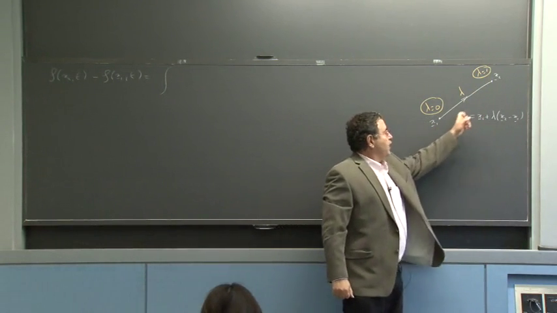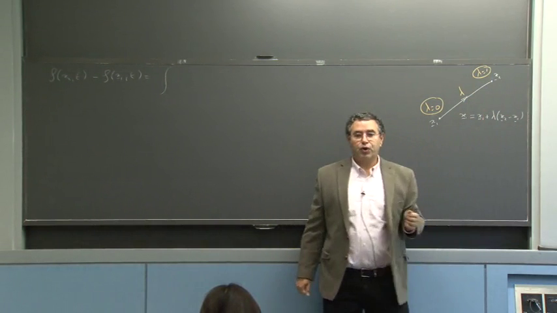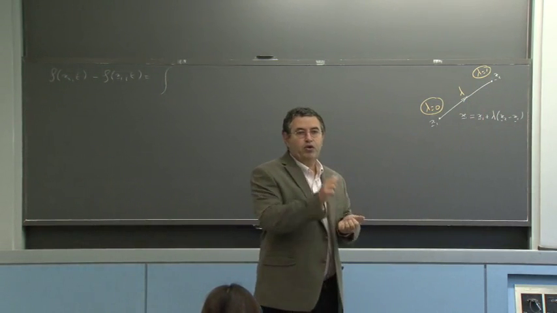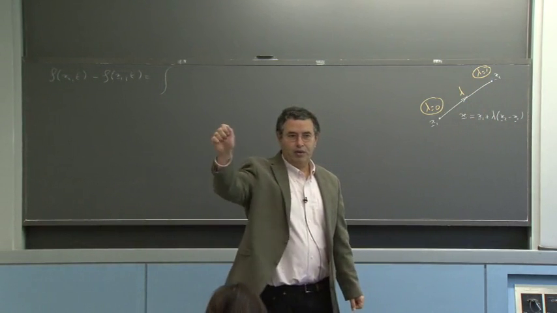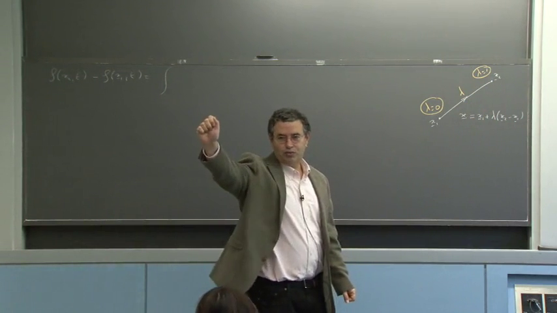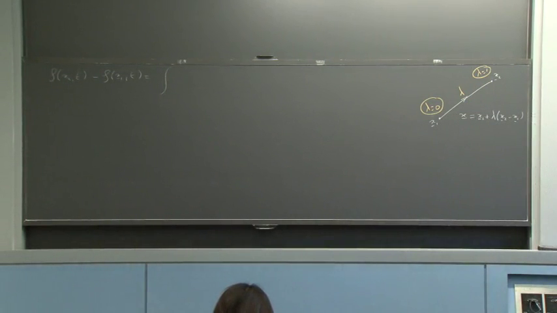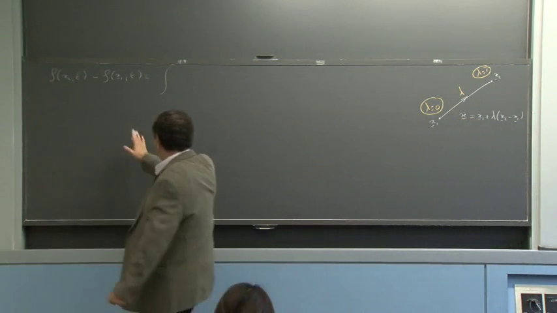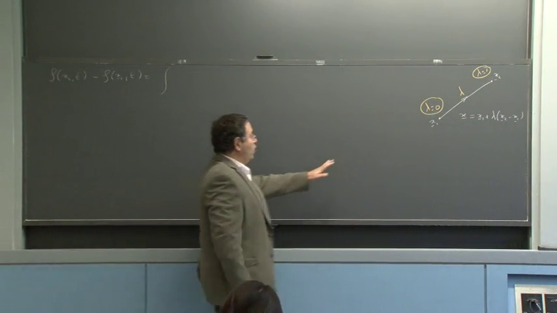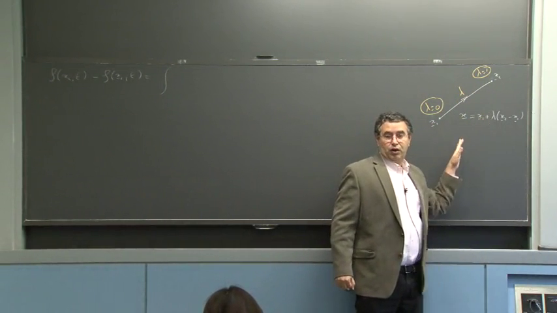So everybody sees this line segment can be written x1 plus lambda times x2 minus x1, where lambda varies between 0 and 1. It's like a cursor, like a dial in the stereo system. You dial from x1 to x2. So why introduce this lambda? Because this lambda is a scalar, right?